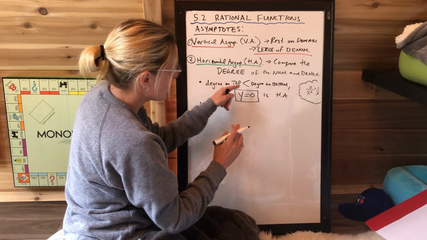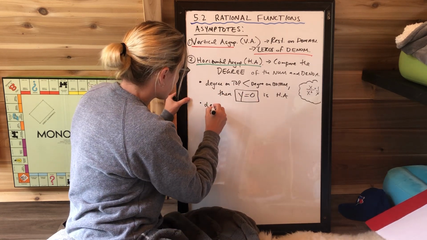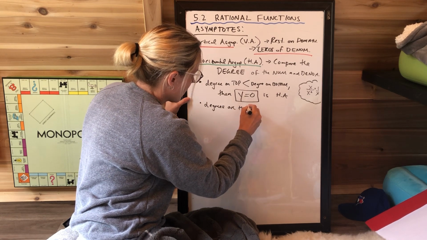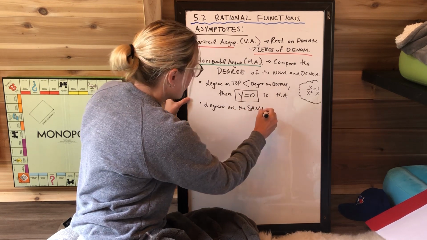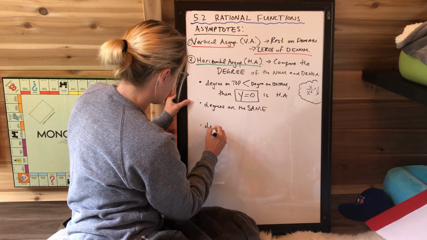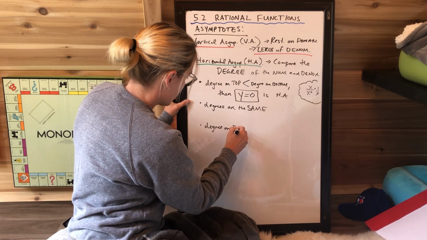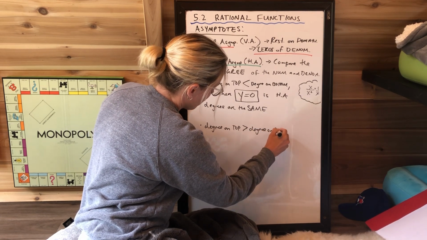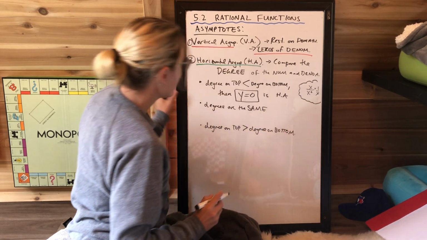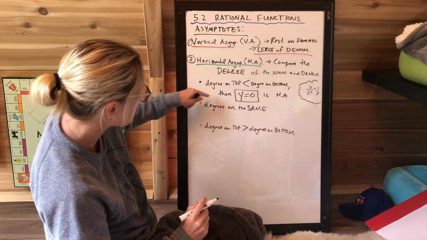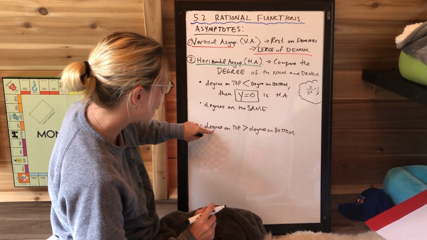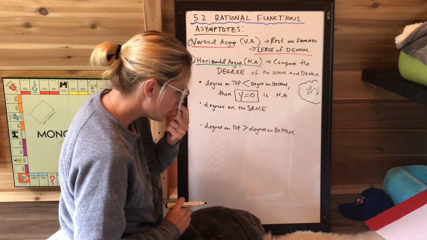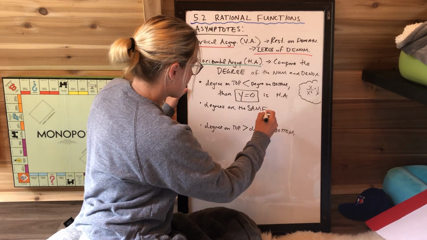Either the degree on top is less, the degrees are the same, or the last situation is the degree on top is greater than the degree on the bottom. Okay? The question is, what kind of horizontal asymptote do we get when they're the same? What type of horizontal asymptote do we get when the degree on the top is greater than the degree on the bottom? Well, when they're the same,